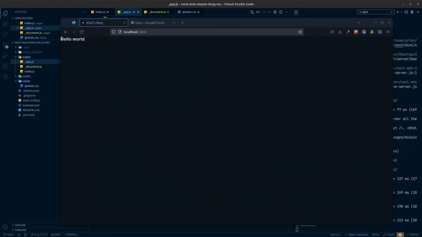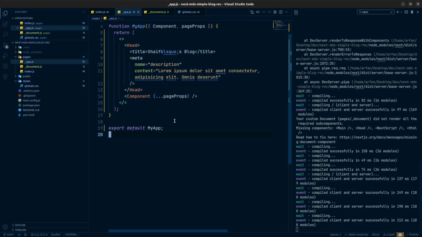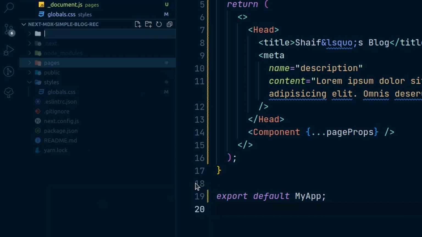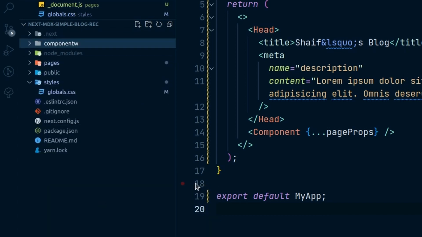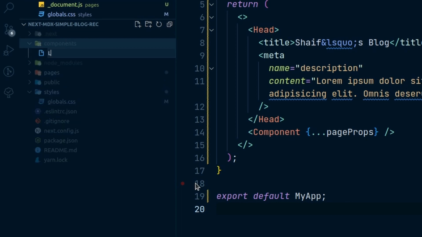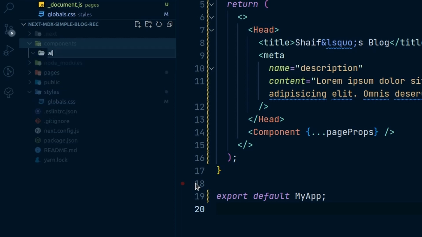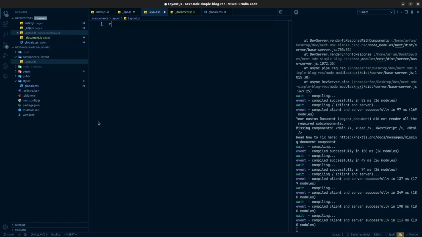Right now it is actually taking the whole width, you can see. So we want to create a layout for that. So for that, let's come here in our root directory. Let's get a new folder, and the name of the folder will be components. Let's name it properly, components, and inside that we will have our layout. So this will be a folder as well. So layout. So inside this folder we will have our file, which will be the layout.js,